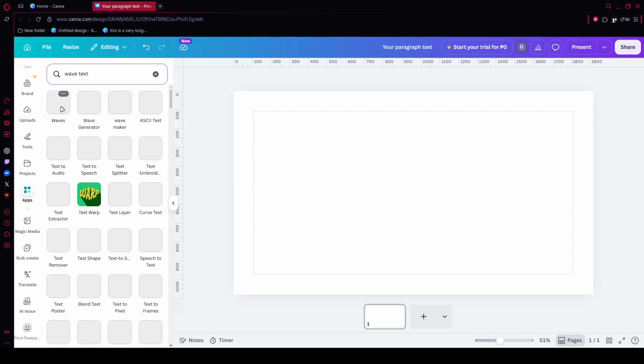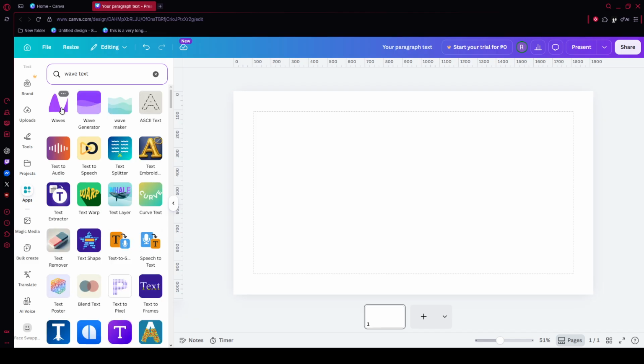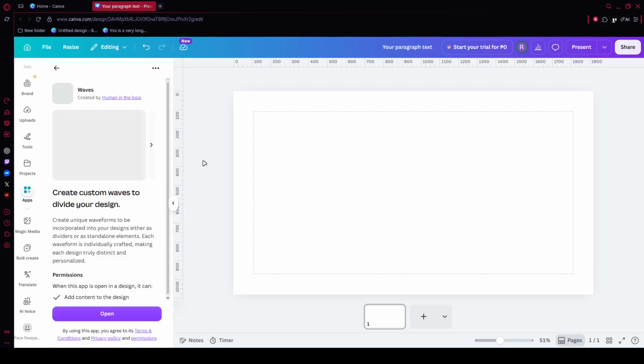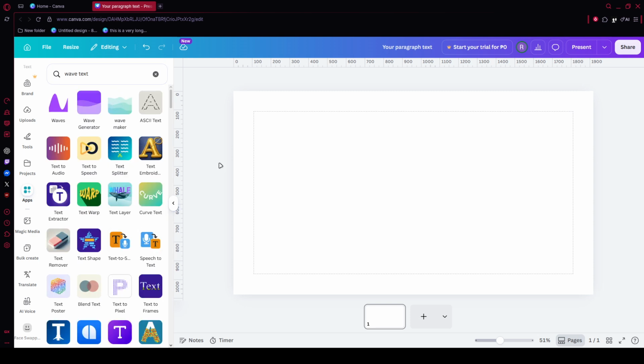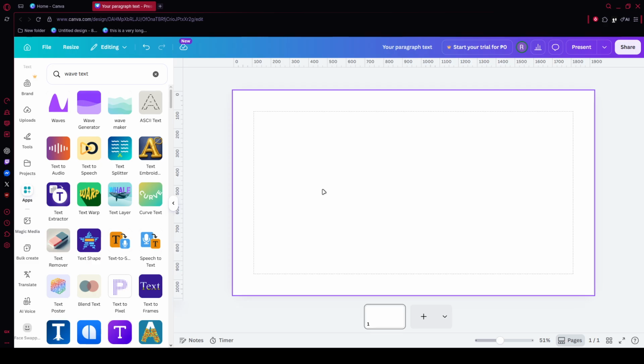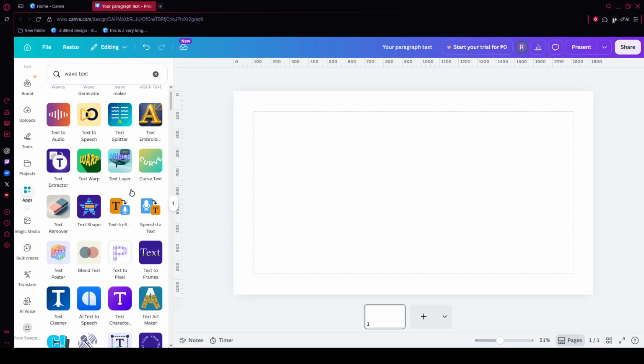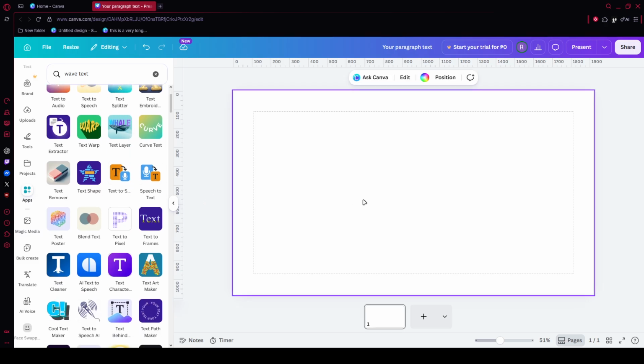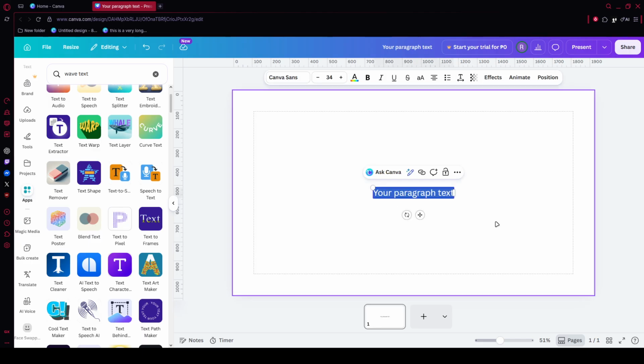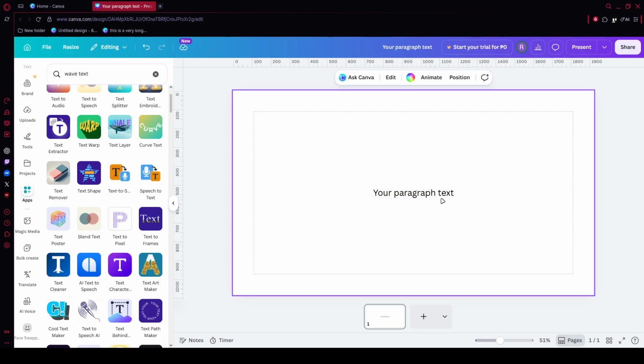To build the wave, click and drag the top left anchor upward, then drag the top middle anchor downward. On the bottom row, pull the bottom left anchor upward and the bottom middle anchor downward to match the pattern. Continue repeating that rhythm across the remaining anchor points until the text forms a balanced wave. Take your time here because small adjustments can make a big difference in how smooth and natural the final result